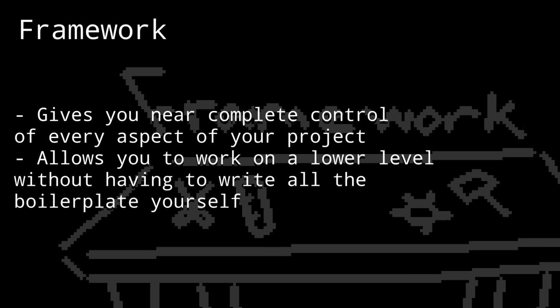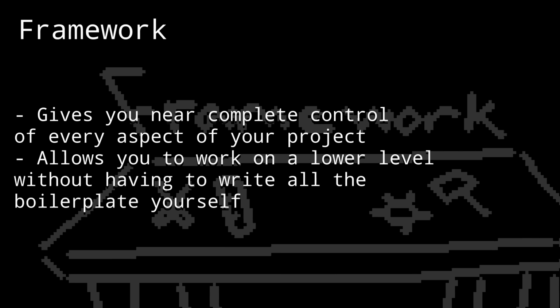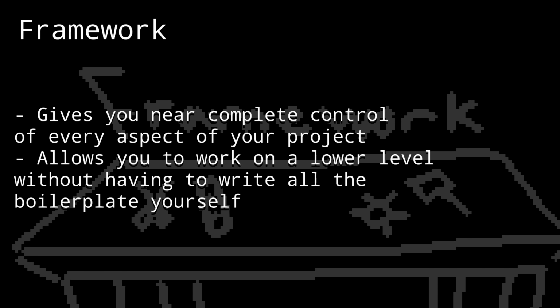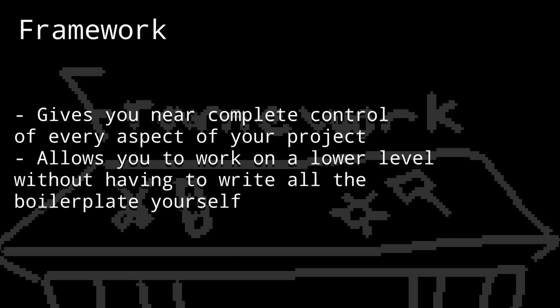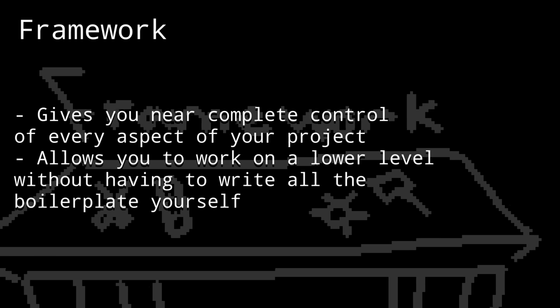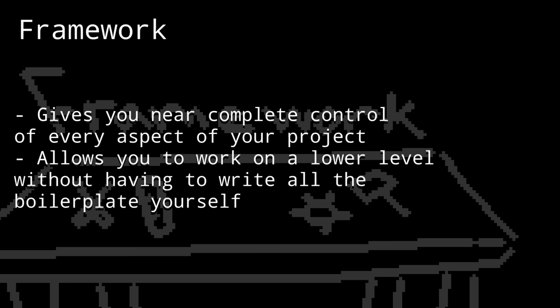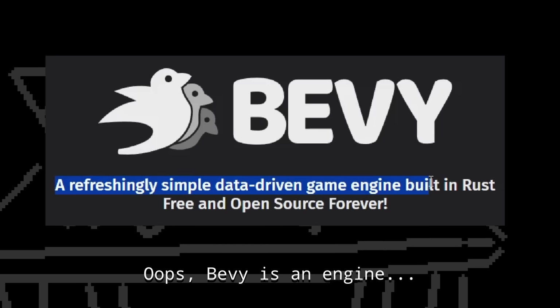On the other hand, a framework is like a set of tools. Most frameworks give you some way to render things to the screen, manipulate the window, doing CRUD operations, these are creating, reading, updating, and deleting, and other essential functions for your game, such as providing audio and input libraries. Frameworks give you much more control over your project, at the cost of not really giving you much direction in how to make your project, if that makes sense. If you're more technically inclined and you like programming, frameworks like Raylib, LÖVE2D, Pygame, and Bevy may be worth looking